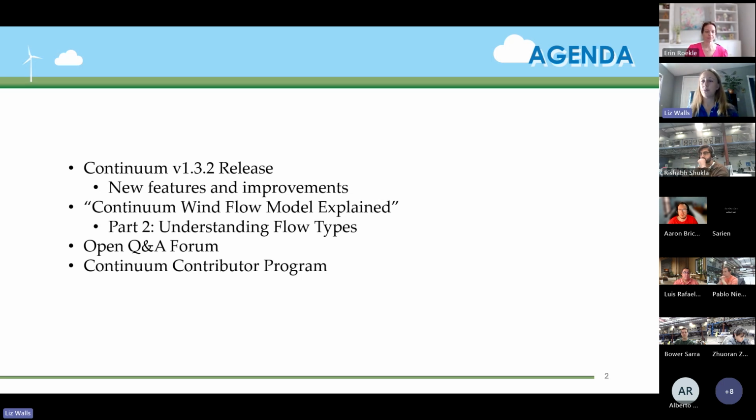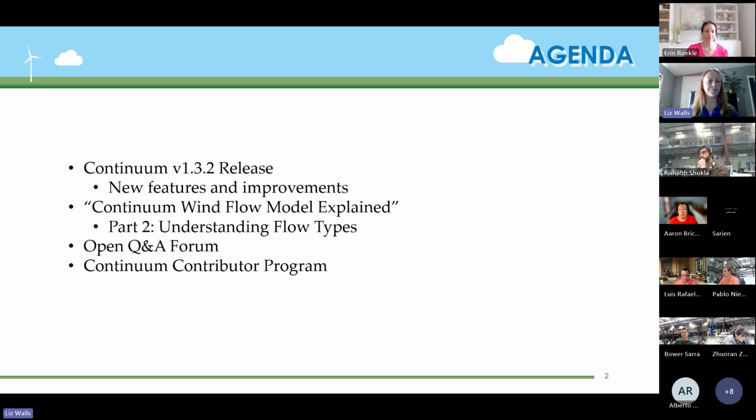For those of you who joined us in the previous town hall, you may recall that we were talking about this release last time, and we were hoping to have it released sooner, but we had some requests for some additional features and improvements. So we'll explain all that about where we are with that release and what to expect